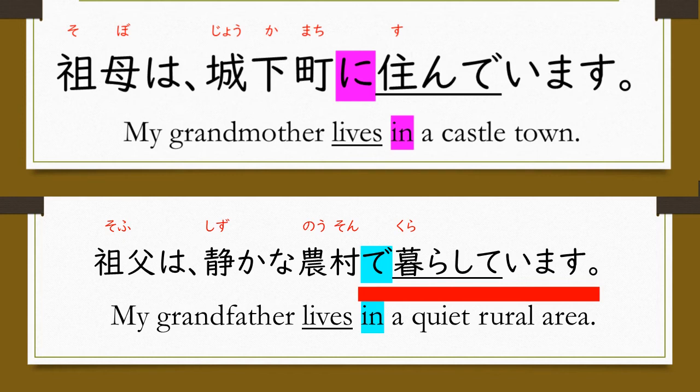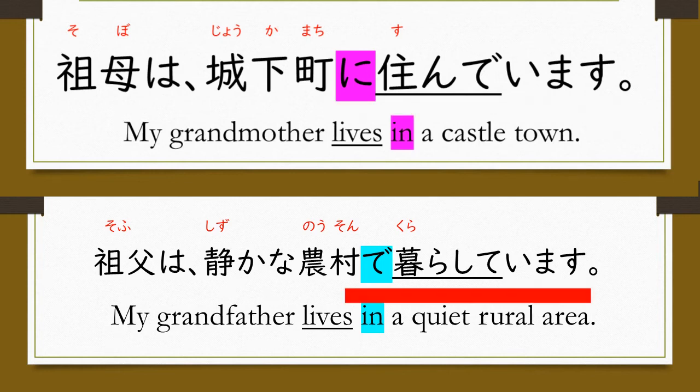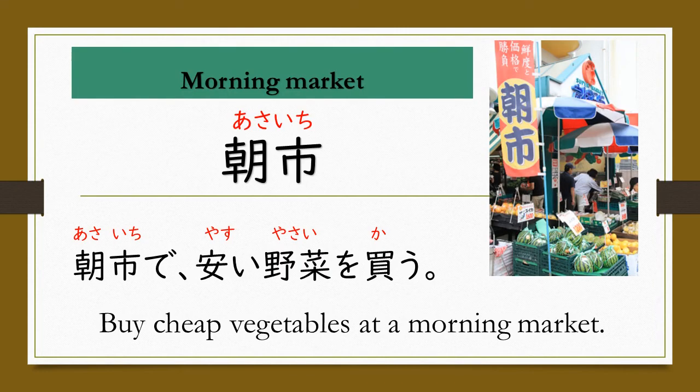You have your life there, you work there, you do all the activity there. So it's the place you do the activity, which is the place of action. That's why the particle で. Just remember に住んでいます、で暮らしています。